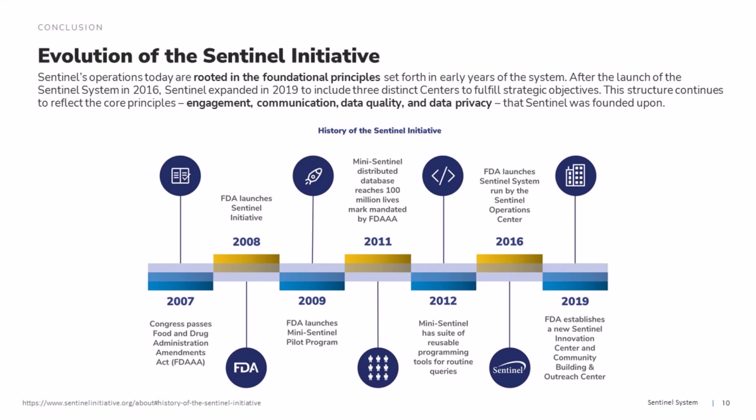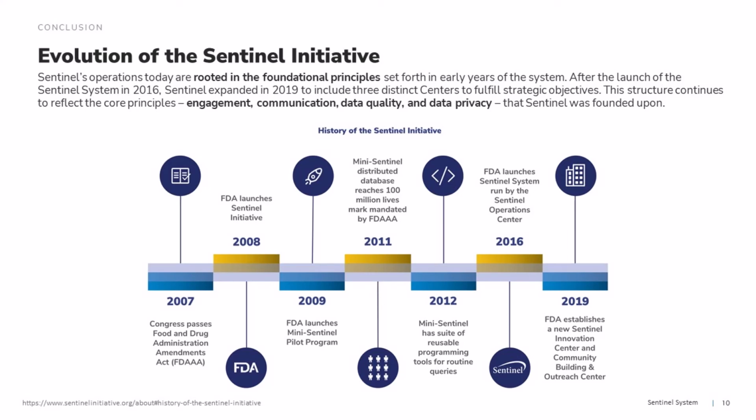In 2009, FDA launched the Mini-Sentinel pilot program, reaching 100 million lives by 2011. By 2012, Mini-Sentinel developed a suite of reusable programming tools for routine queries, expanding the usability and scalability of